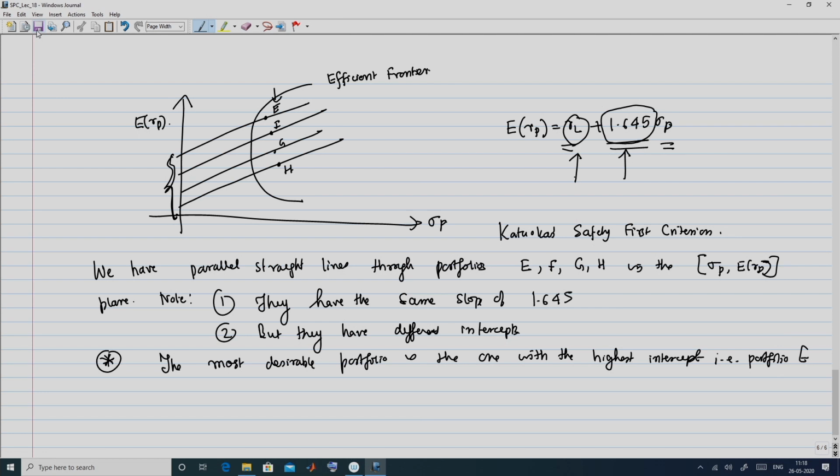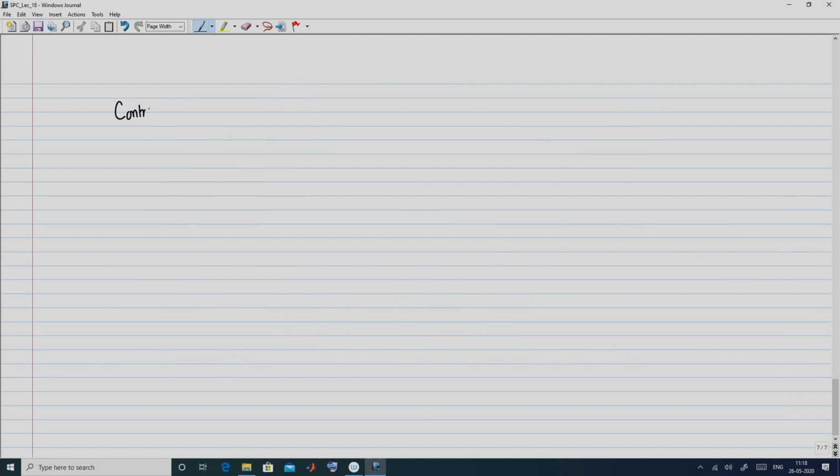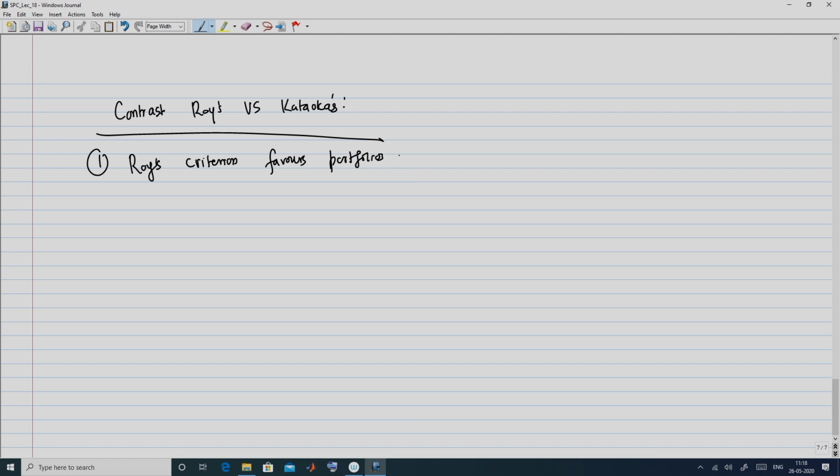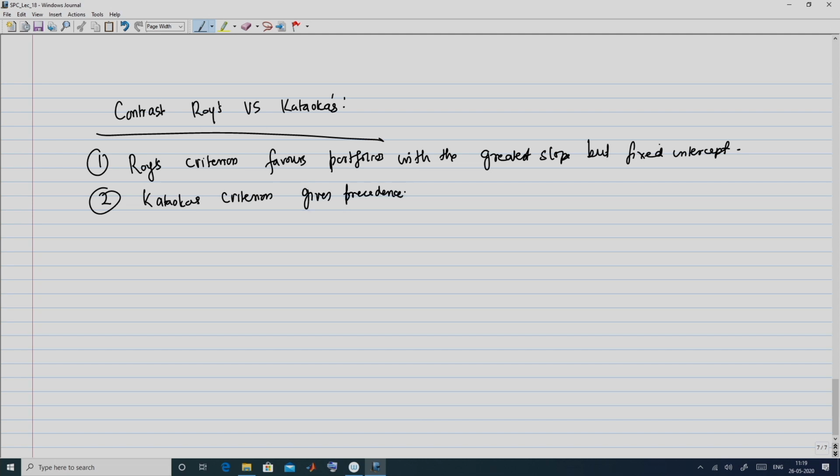All right. So now that we have done Kataoka's and Roy's criteria, we want to contrast Roy's criteria with Kataoka's criteria, and we make the following observation. First of all, remember that Roy's criteria favors portfolios with the greatest slope but fixed intercept. Recall this from the previous class. And from the discussion we have completed just now, Kataoka's criteria gives precedence to portfolios with greatest intercept